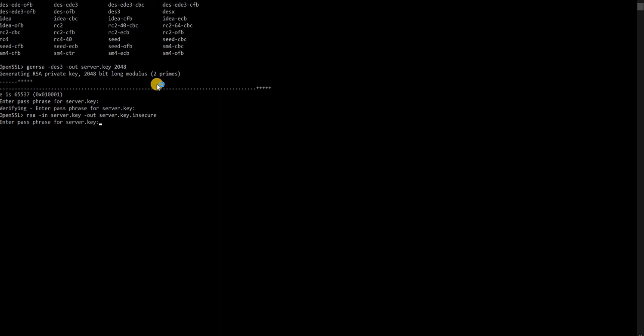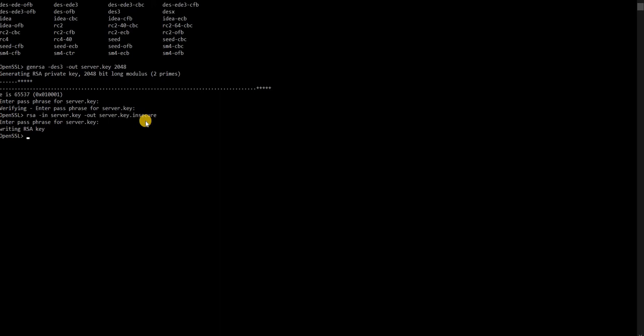It asks again for the passphrase, so you have to give your password. Then you get the message writing RSA key. Now this is your signature key for the digital certificate. So the very first step in the digital certificate creation is the creation of the signature key. So the key is created.